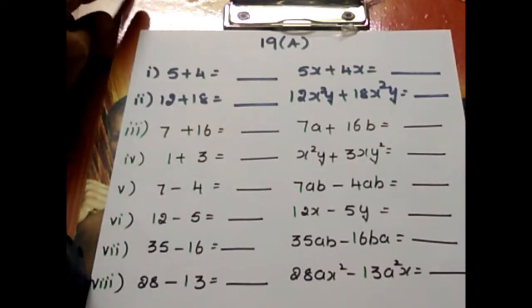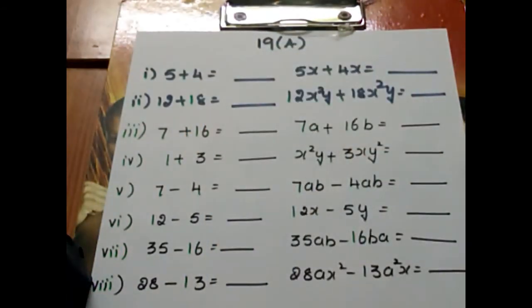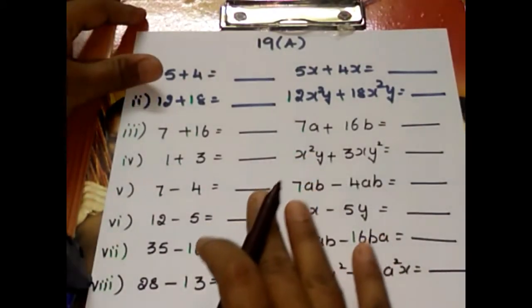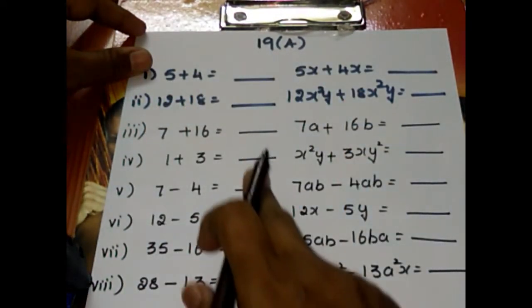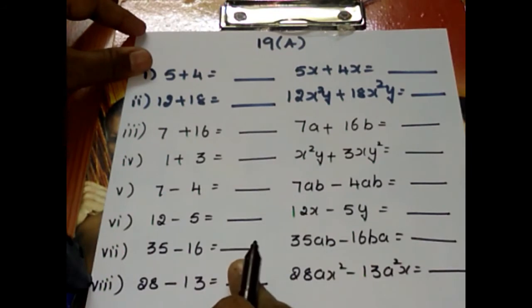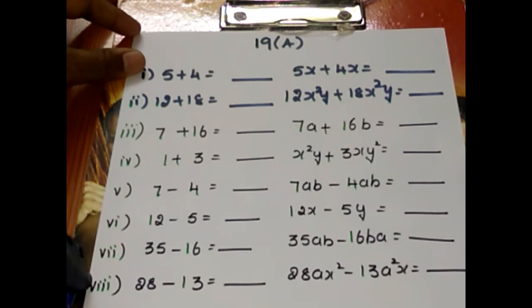Let us move on to the exercise problems. Exercise 19A, page number 171. Open your textbook, children. Take out your pencil, listen to the explanation and start writing the solution along with me. If you have got the concept after 2 or 3 problems, pause the video, try to write the solution of the remaining problems by yourself. If you are not able to get it, come back, listen to the explanation again, try to find the solution and cross check the solution with the given video. Okay, I hope you are ready.